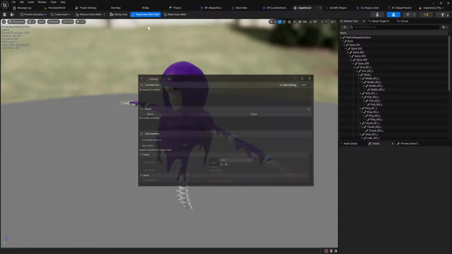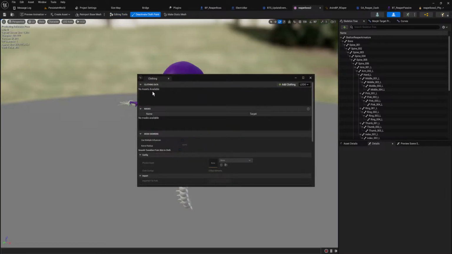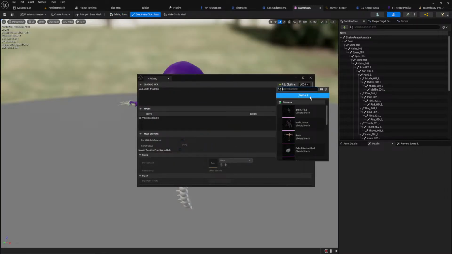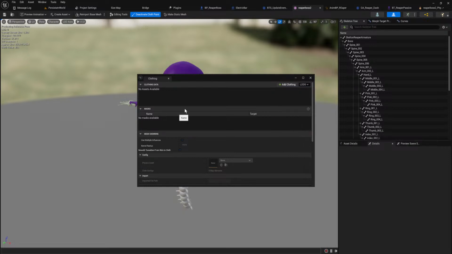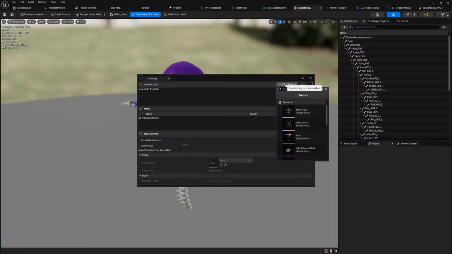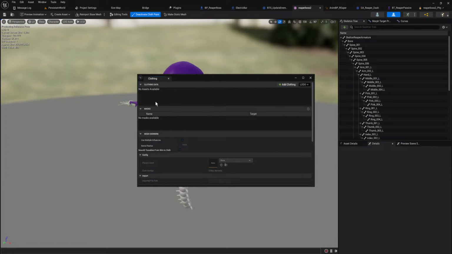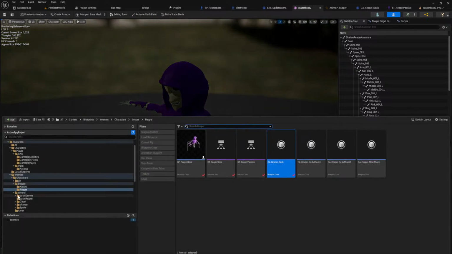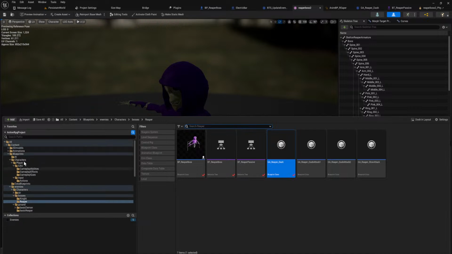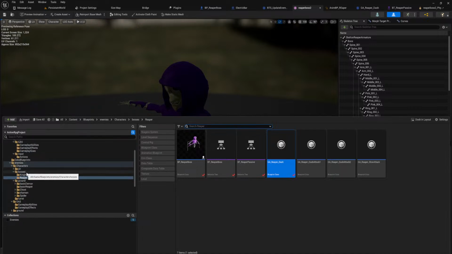Activate cloth paints. Add clothing. Reaper boss. Oh, we need to make clothing data. How does this work again? It's been a while since I've done this. Let me check this out